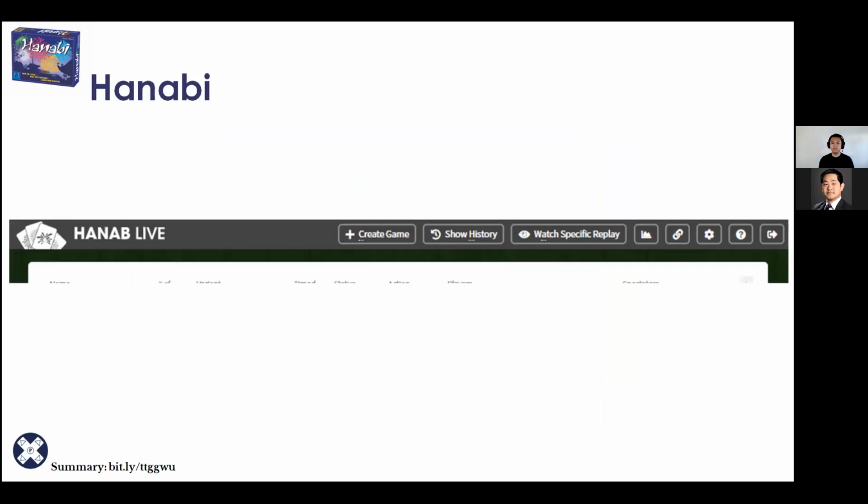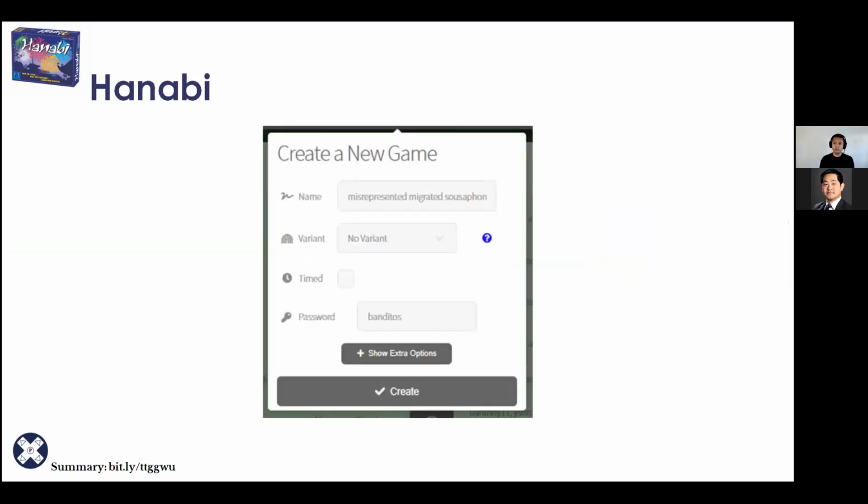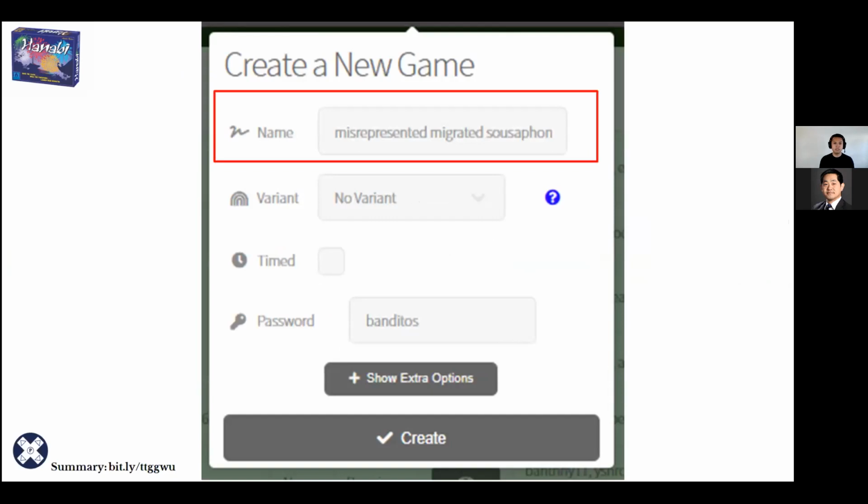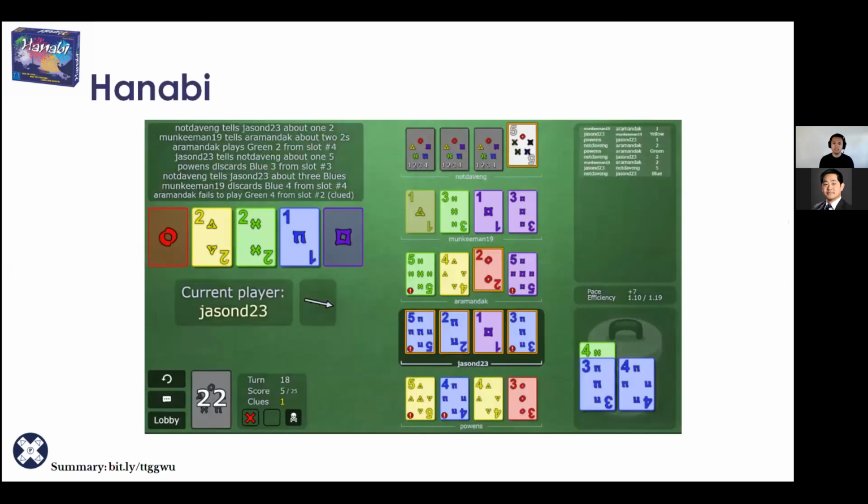Once you log in, you have several options up here on the menu bar. The first thing you want to do is hit here, Create Game. And when you create a game, you're going to be provided with some game information. It's going to come up with some crazy name to name your game. This is going to be randomly generated so that the game will be unique. And then this is what that game window looks like whenever you're playing online.